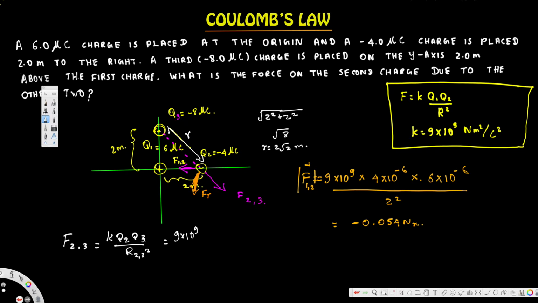Since we are interested in finding the force due to 2 and 3, this is going to be 4 times 10 to the power of minus 6 times 8 times 10 to the power of minus 6 divided by the distance, that is square root of 8 whole square. Okay, and if you calculate this one, you're going to get 0.036 Newton. So that's going to be the F23, but since it has x and y components, we have